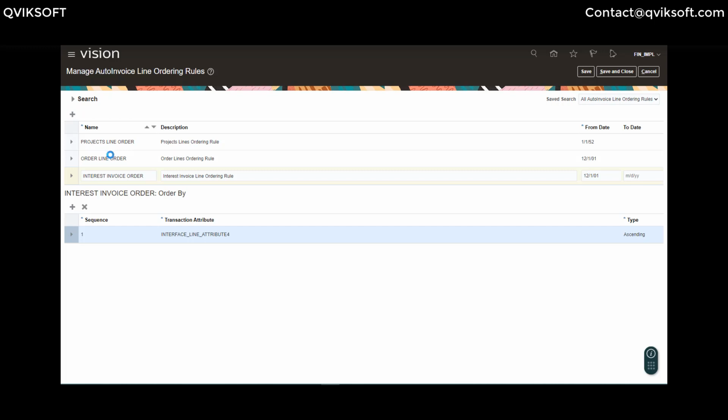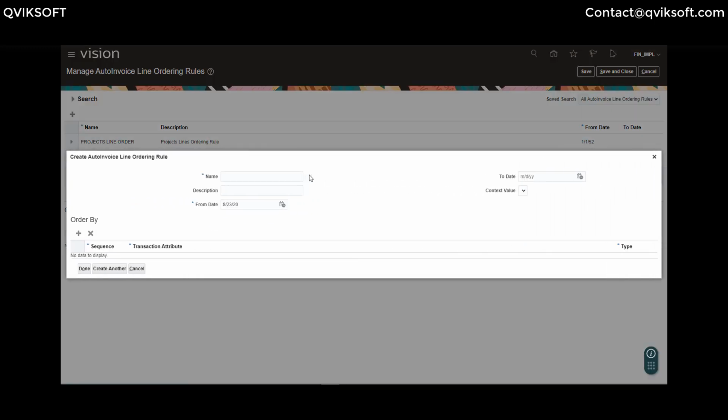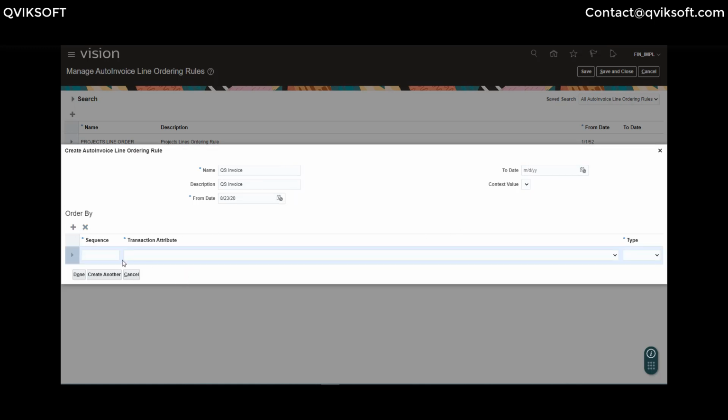For example, if I say define new one, I say QS invoices. My description is the same, the date you can choose as required, then I can put the sequence.